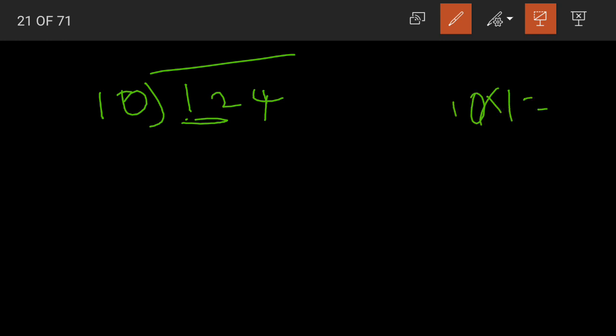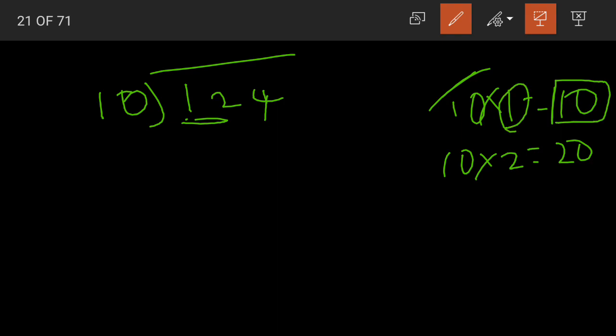124 by 10, yes? Divided by 10. Now if we take only the first digit 1, it is less than the divisor, so division is not possible. Going with 2 digits here, we got 12. Now do we have 12 in 10 table? No, we have 10 ones are 10 and then directly we have 10 twos are 20. Yes, children? So what should we do? Go with the smaller number 10. How many times? 10 ones are 10.